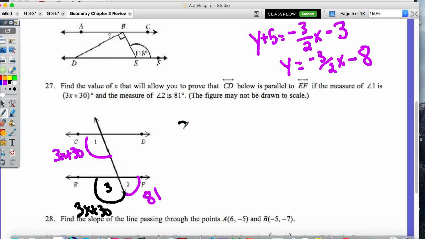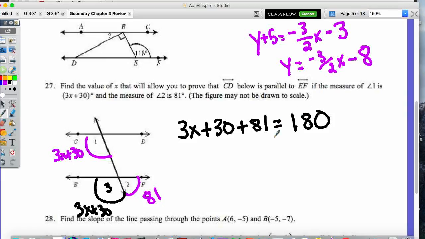And this is 81. So if I add these all together, I should get 180. So